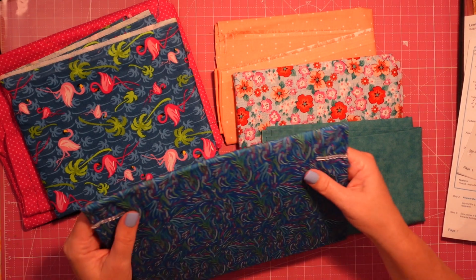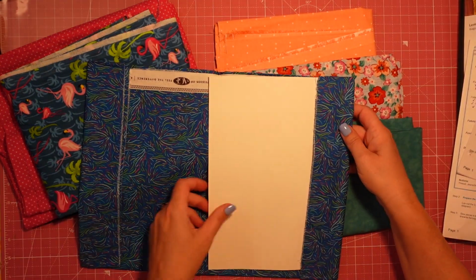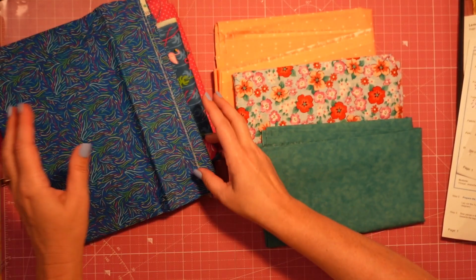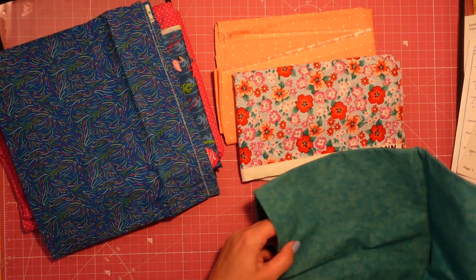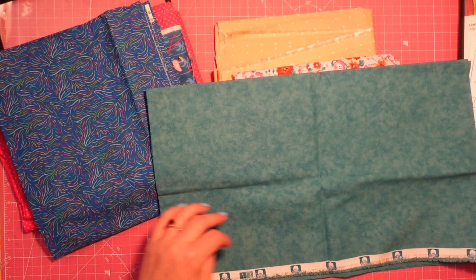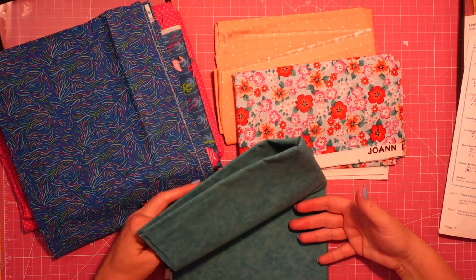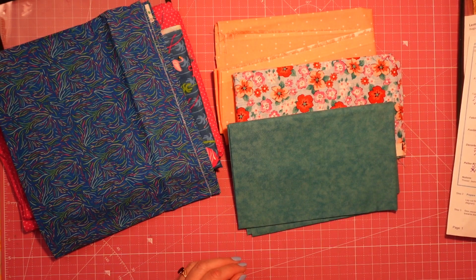Okay. I used to store all of my excess fabric on these boards, and then I just got lazy. So I have all these boards, but not really using them. So we'll have to figure out, this is a remnant. Everything else should be a yard of fabric. Oh, that looks like a half yard. That one looks like a half yard. So I gotta be careful as far as which fabric is the pocket in the...